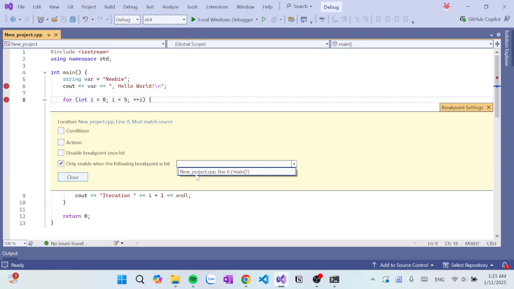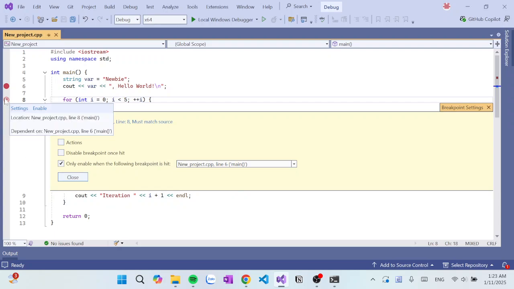A dependent breakpoint will only break execution if another specified breakpoint is hit first. You guys can see here, it only enables when the following breakpoint is hit. Here we have a previous breakpoint on line 6, so we'll click and it becomes a dependent breakpoint. So it is helpful for debugging methods called from multiple locations.